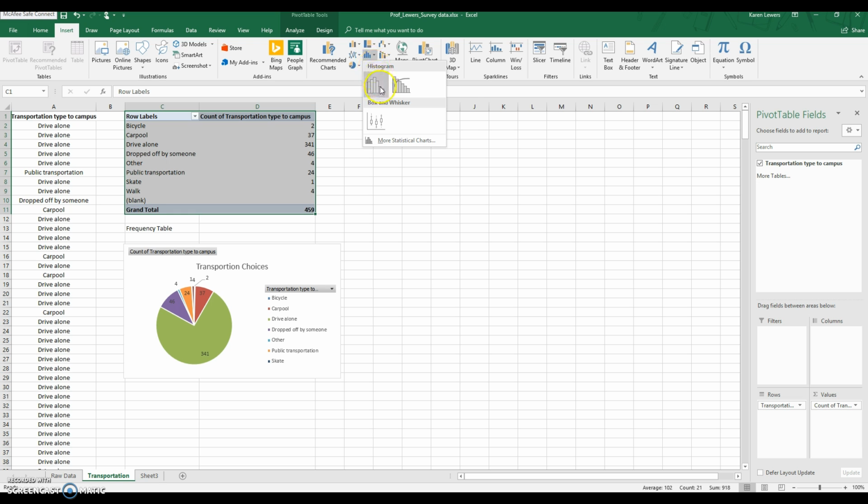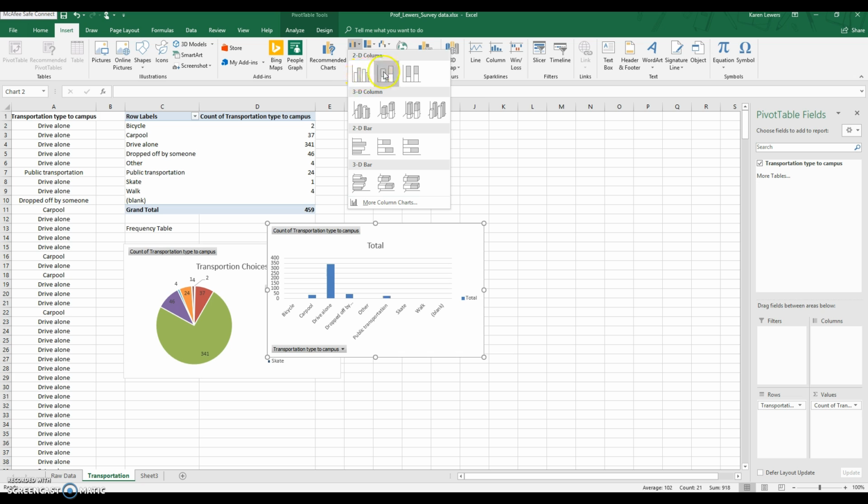And the difference is, see how histograms don't have any space between the bars? So it's a little different. Bar charts do have space between each bar. So you see that space between the bars. So we can choose